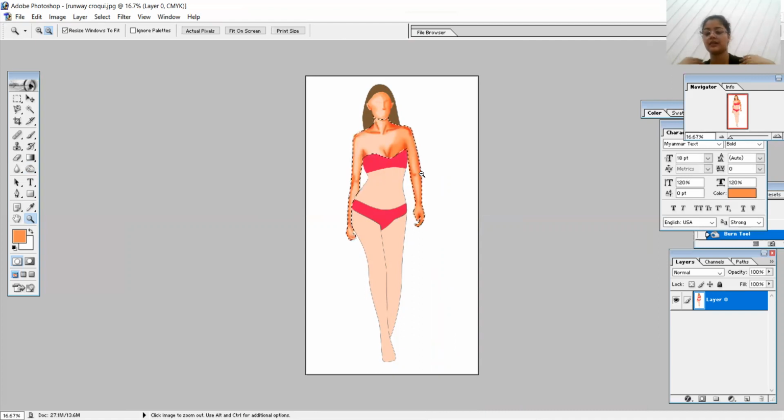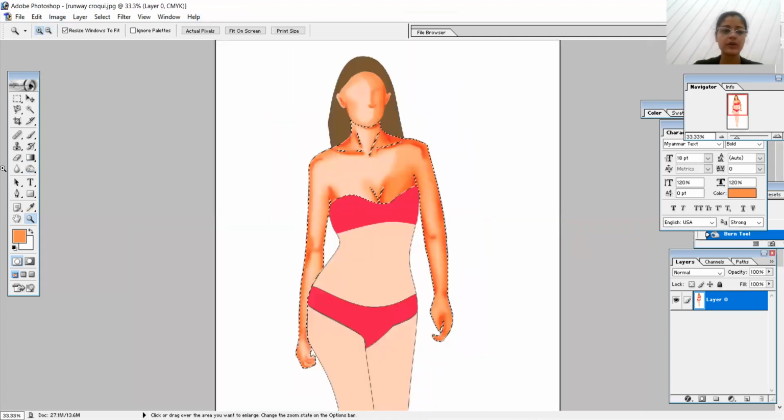The right part is dark and the left is a bit light. So again, let's zoom, and also I want to show or reflect some shine in that. Where you have selected the burn tool, there is another option of dodge tool. What dodge does is, if we apply it on a certain area, the area will become light. So if you want to add shine, you can simply apply dodge.